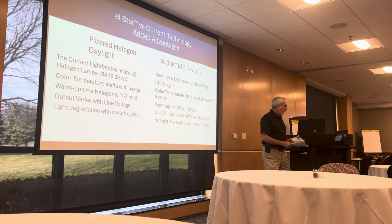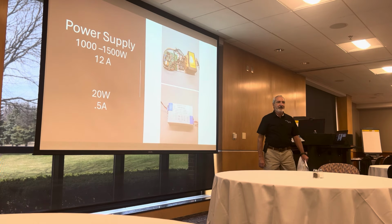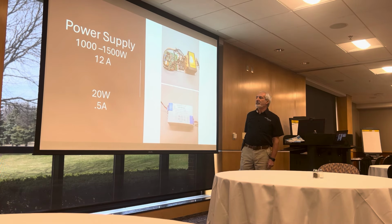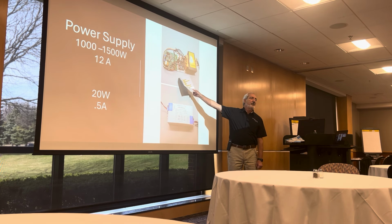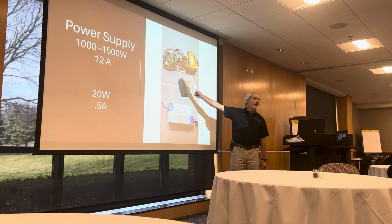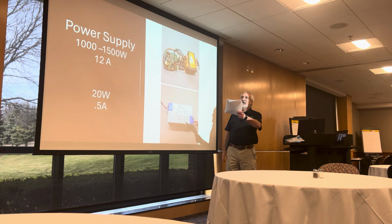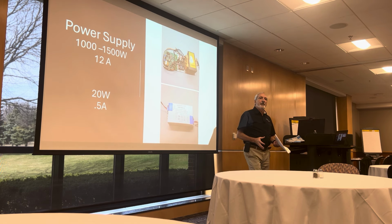It's just rock solid. Now, I'm just going to throw this out there because I had a slide and needed to fill up a slide. This is the old power supply. Forgive me, it's a very old power supply for the units that are out there. This technology is still being used today. Same technology, put in different places, transformers in the back. It's just supplying voltage to a light bulb